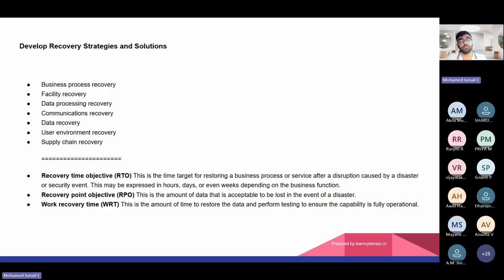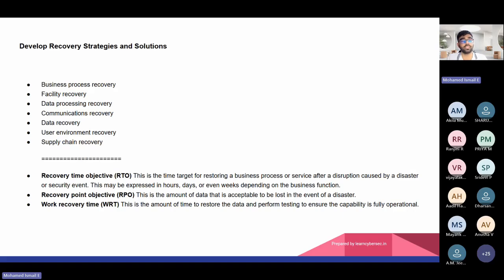When the recovery point objective is zero, they will not worry. For example, around afternoon 4 p.m., a flood happened for a bank. The entire bank flooded with water. Now what will happen? Everything from morning to that 4 p.m., whoever made a transaction in the bank, will be lost, right? To avoid that impact, they store the transaction live in all different locations.